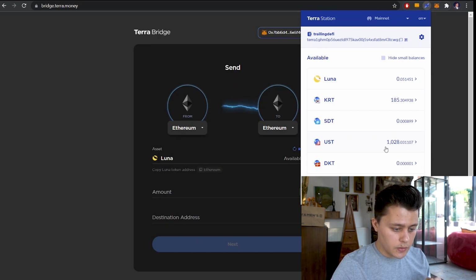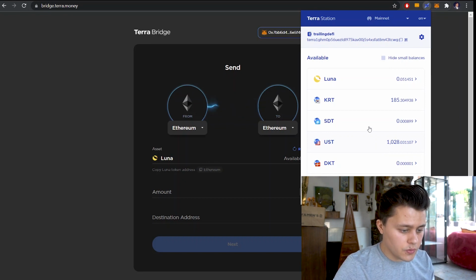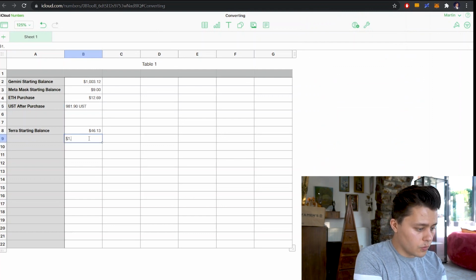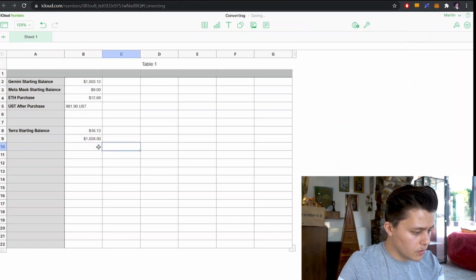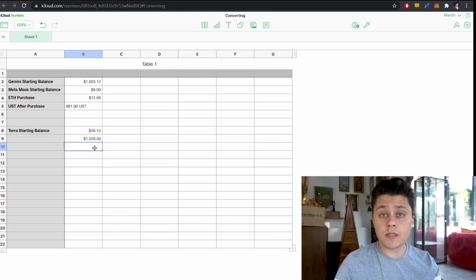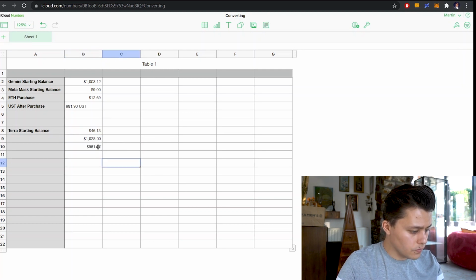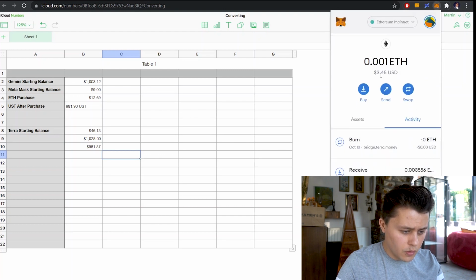And let's look at this total. So we have 1,028. I'm going to write this here, 1,028, right? Now we do have the starting balance that we had within Terra. So let's just quickly take that, select this. So yeah, we transferred 981.87. And if we look at our Metamask here, we own about